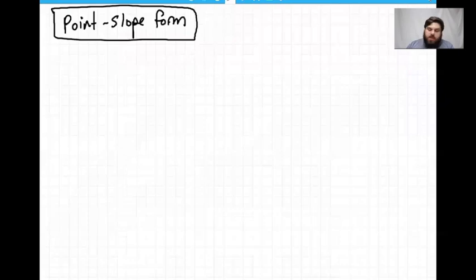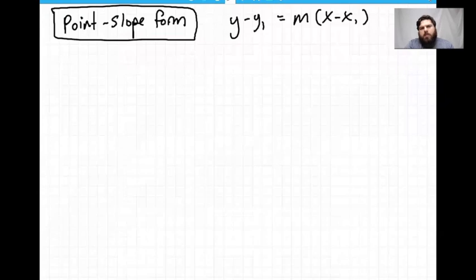All right, now point slope form looks like this. y minus y1 equals m times x minus x1. Now, if you look back at all the other forms, they all have x's and y's in them, right? These are linear functions in terms of x and y. So this is going to also have an x and a y, but you'll notice this one has 2 x's